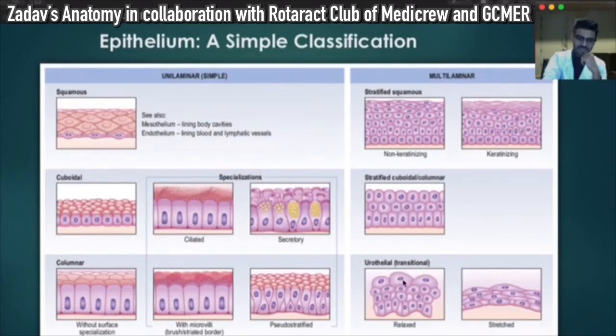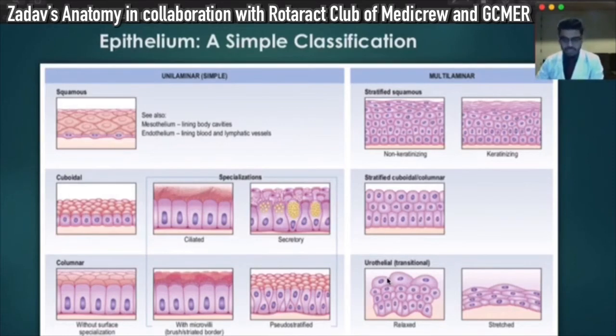See what's happening here? The topmost cells are not flattened like stratified squamous, but in fact they are bigger. These are known as umbrella cells, and another hallmark feature of these cells is polyploidy. And transitional epithelium is known for two things. First, its ability to stretch, and secondly, it has tight junctions or desmosomes, and that is a modification so that the things that lie within the lumen of urinary tubules,